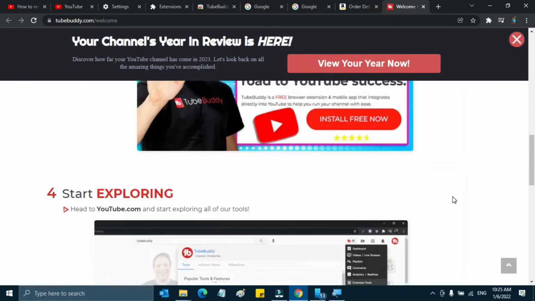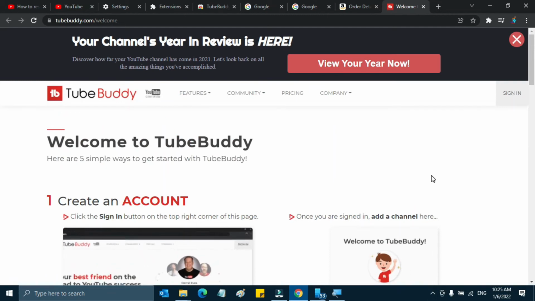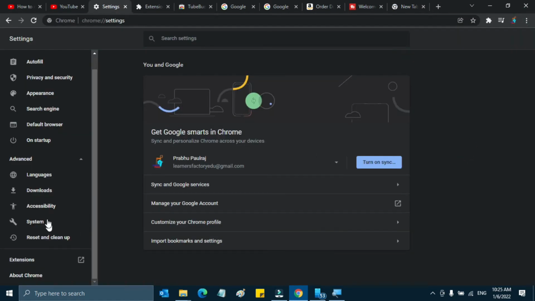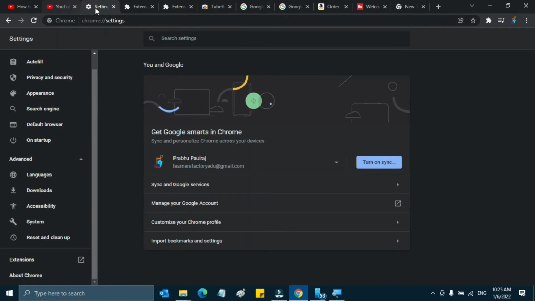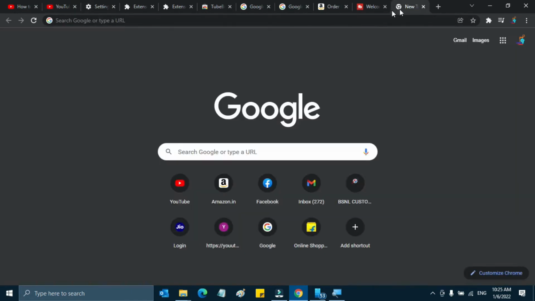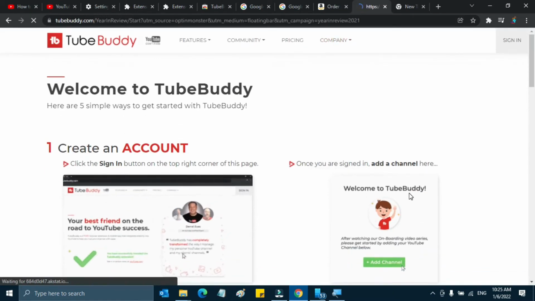So these are all my extension details. I'm just going through it. Now you click on the new tab and click settings and the extension on the left side panel. Now you can see the TubeBuddy has been added to my web browser. So here is the confirmation. Last time we saw that there were no extensions. Okay. Now I am just reloading my web page.